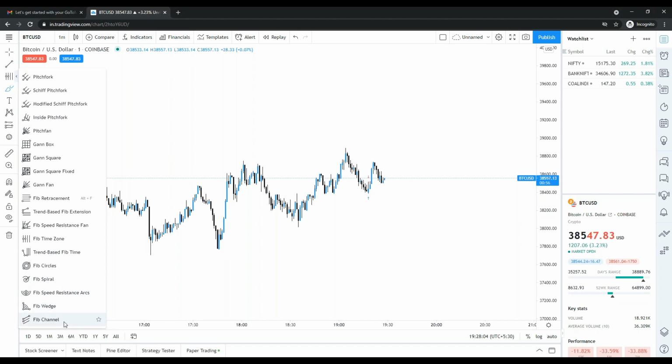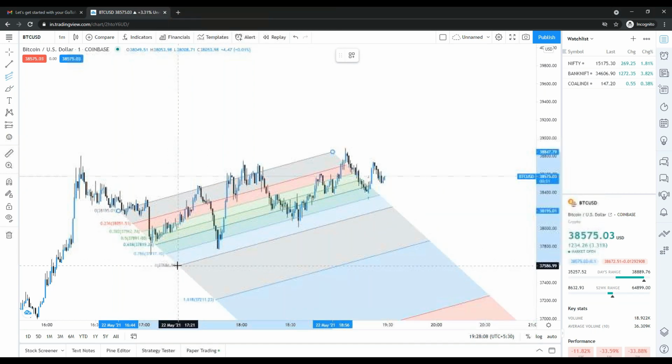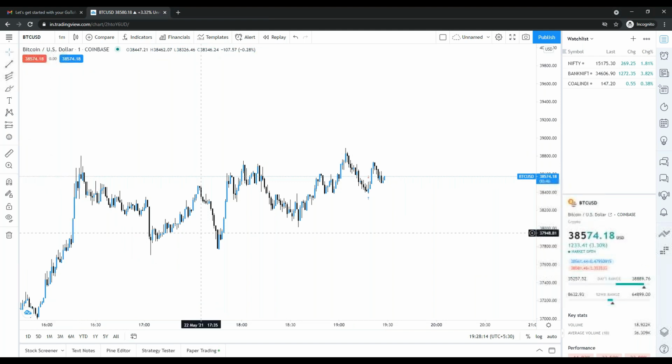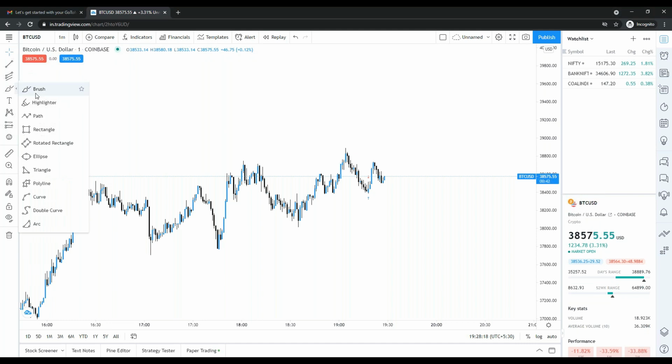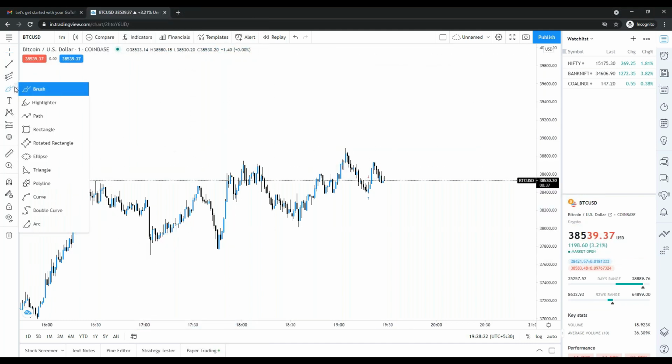Then yep, Fibonacci channel. Okay, Fibonacci channel is also there. We would be understanding it if it is required. Most of the time trend line and all are sufficient enough because these are the advanced versions of the same. Then this is the drawing tool which I use to draw something. You can use this tool.